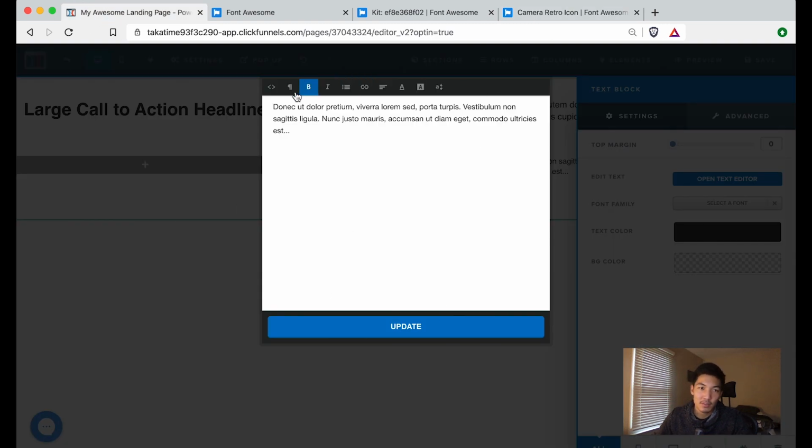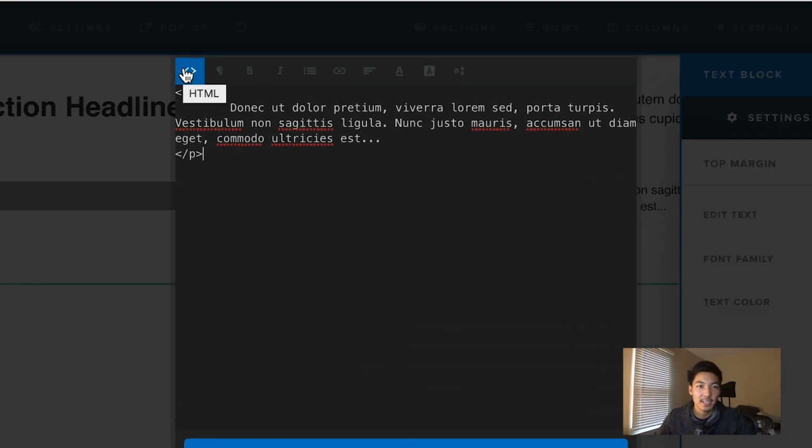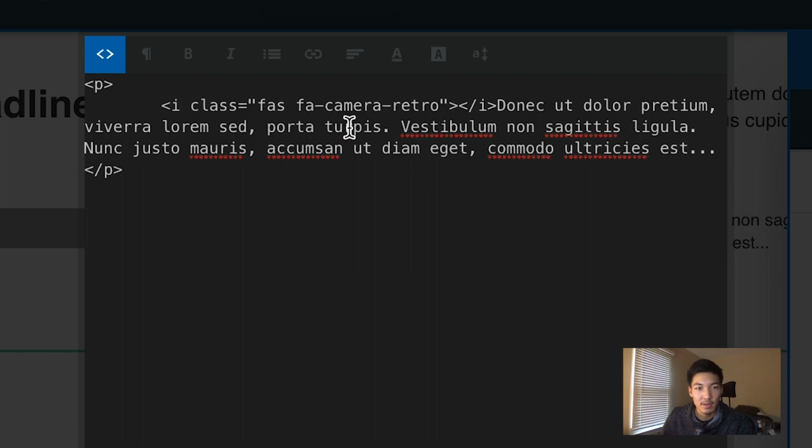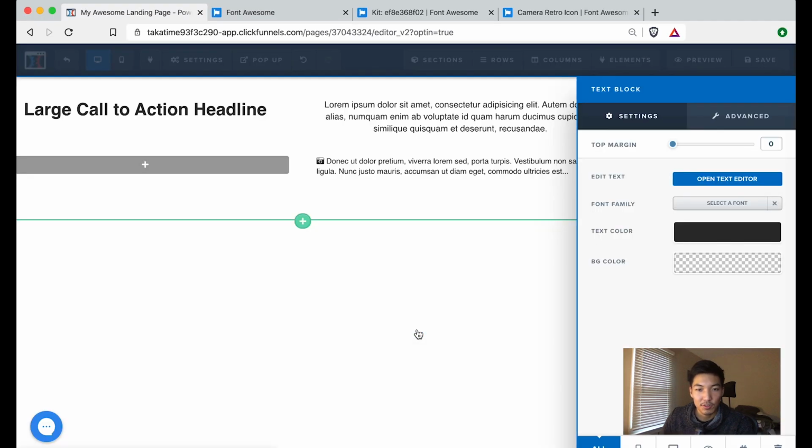In this little box, in the top left of this editor, you're going to see an HTML button. And it's going to be just like bracket boxes like that. If you click on that, it's going to turn into this view. And you see that this has a bracket of P and close bracket with P. P means paragraph. So inside of it, it currently says some text. I'm going to say I want my icon right here. So I'm just going to Command V or Control V for anyone using Windows to paste it in there. And I'll show you. So if I go update,